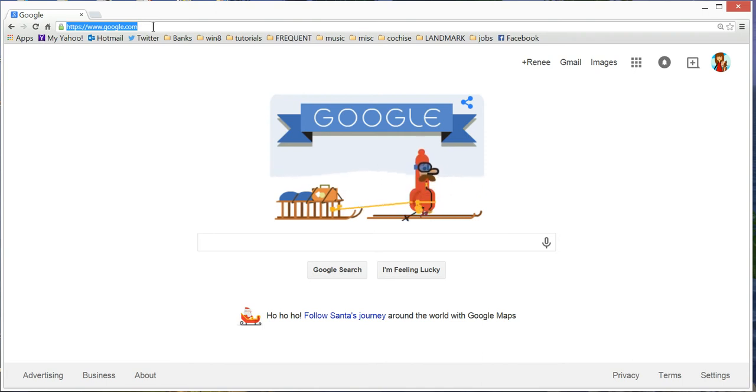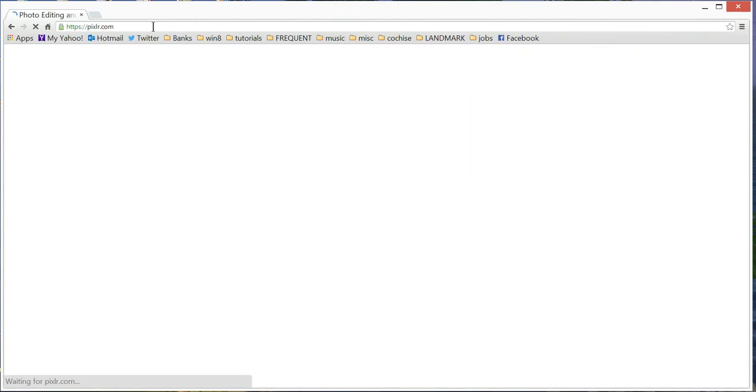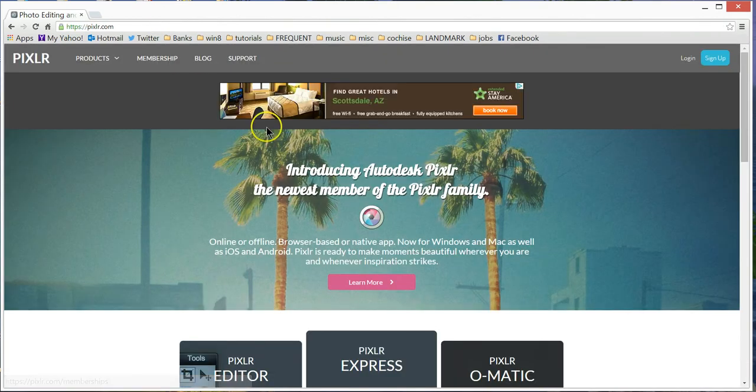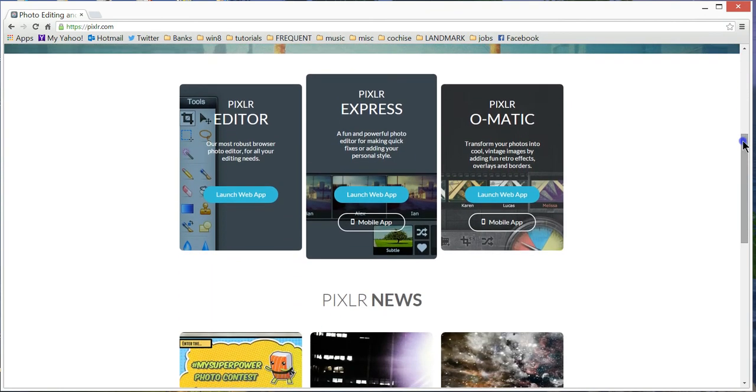So open your web browser of choice and go to the address bar and type in pixlr.com. All right. And this website actually has, if you scroll down a bit, 3 choices. Their full-featured editor here shown on the left. In the center is their Express version, and then on the right is something they're calling their O-matic version of the editor. So we're going to use the full-featured editor for this little exercise. Click here, Launch Web App,